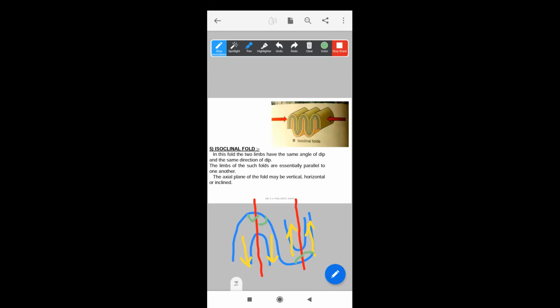Isoclinal मध्ये फक्त वर्टिकलच नसते, तर त्या ठिकाणी ही जी